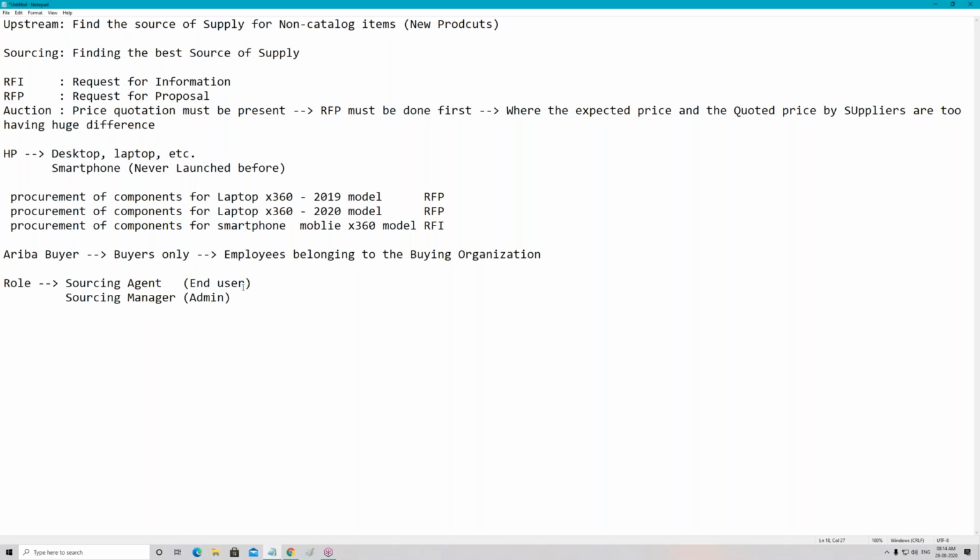Now if an end user is having any issue, they will try to resolve it. If they cannot resolve the issue, then they will come to us. Us means, in brackets, functional consultant. So they are what you can call L1, level 1 support. They will talk with the end user and try to address their issue. If they can't, they are going to come to us. Okay, so this is how the role concept works in Ariba. That is why I told all of you that these two roles you have to use, or you have to give them to the end user based on the sourcing project process.